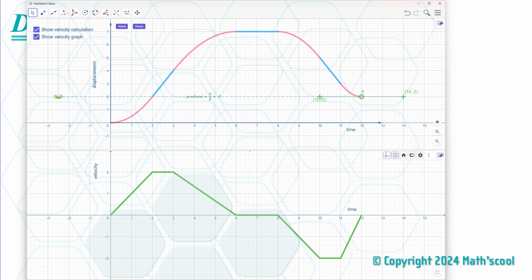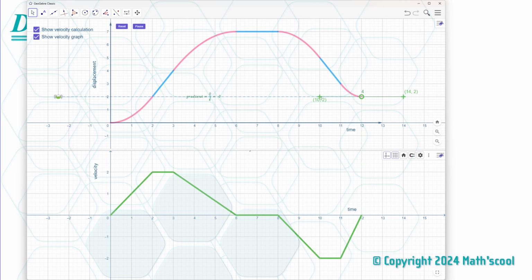Yeah, a little bit more complicated than a displacement time graph, but you can find displacement on the velocity time graph. You can also find one more thing. Remember earlier on we were finding the gradient on the displacement time graph and saying that that gives us the velocity. On the velocity time graph, if I find the gradient from here to here, the gradient's 2 up, 2 across. So this gradient is 1. So that tells me during this bit here, he's accelerating with an acceleration of 1 meters per second squared